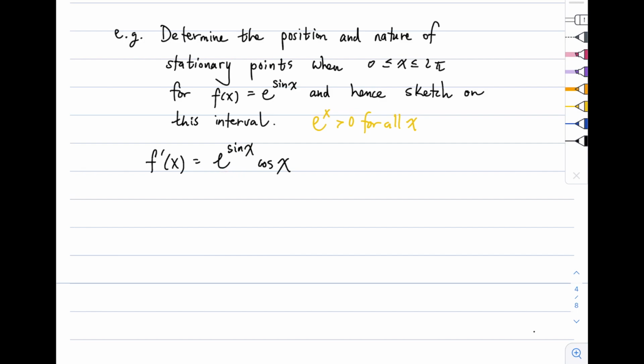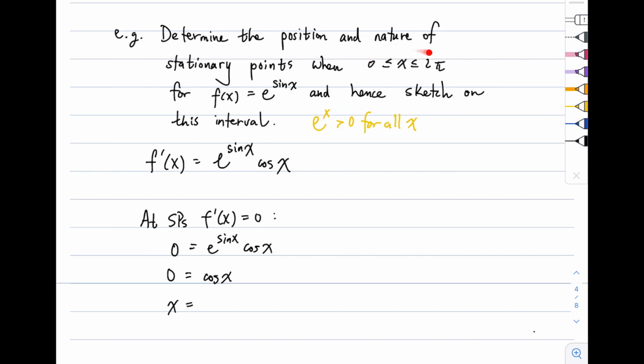So this is always positive. This thing might change sign. It will change sign, okay? So we need to worry about this thing. But before that, let's just find the stationary points. We're going to find the stationary points by setting the derivative equal to 0. So at stationary points, f prime of x is equal to 0. So therefore, we can say, well, 0 is equal to e to the power of sine x times cosine x. We know that e to the power of sine x is positive, so it's never going to be equal to 0. That means that cosine x is 0, and that means that x is either equal to,